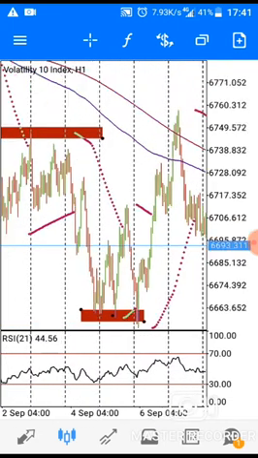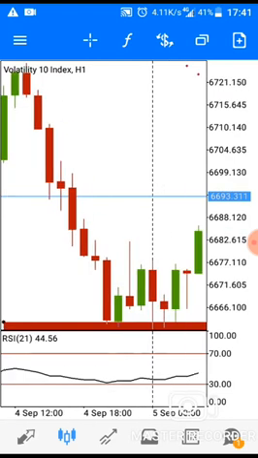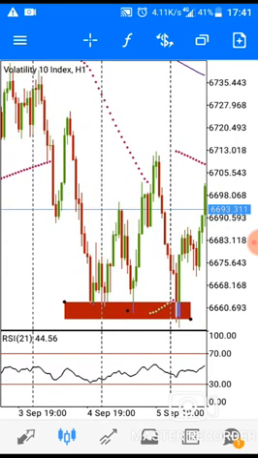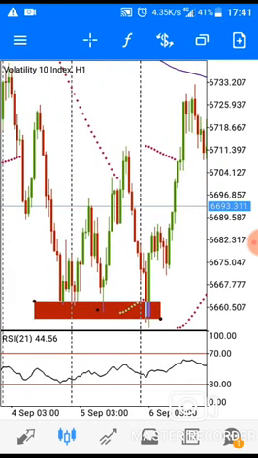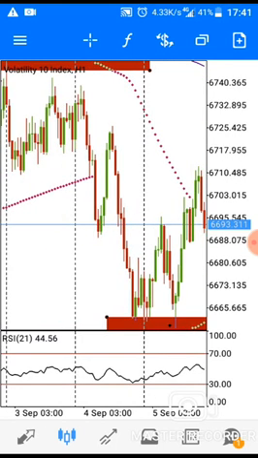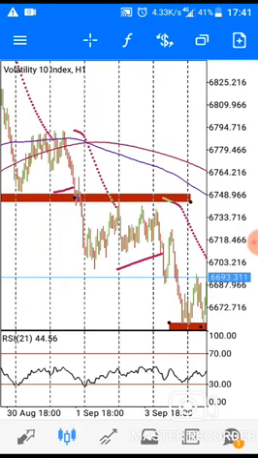So for me, or for us as smart FX traders, I don't use price action for entry. I usually use an indicator for my entry. I usually use trend lines. For instance, like in this case,